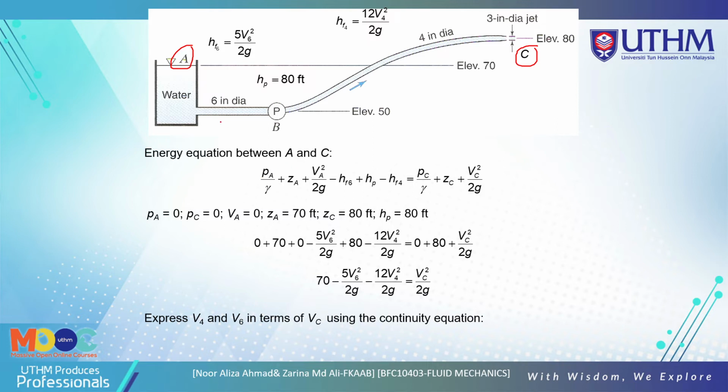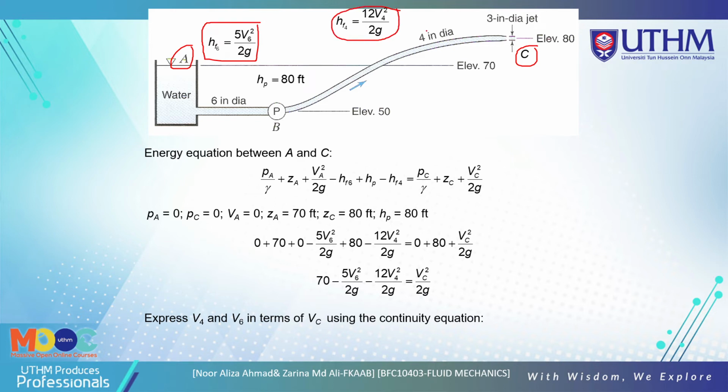Energy equation: PA, ZA plus VA squared over 2g, minus the pump here, minus HF6, plus the H pump. H5 5C is the friction loss in the pump. Maksudnya dia ada friction loss in the pump. So using this equation, and the HF is,